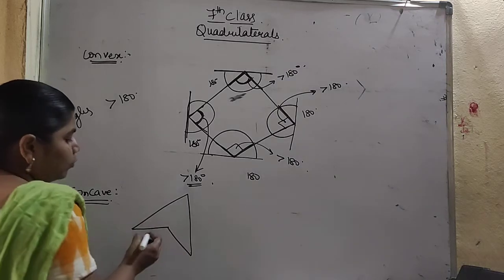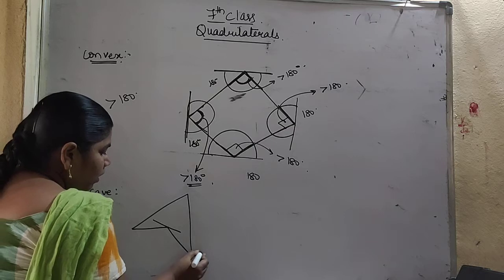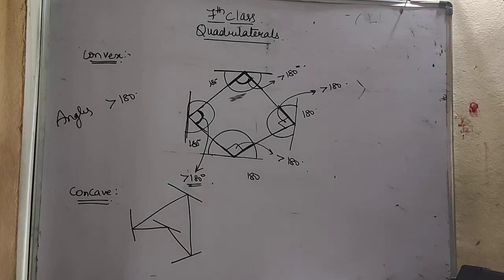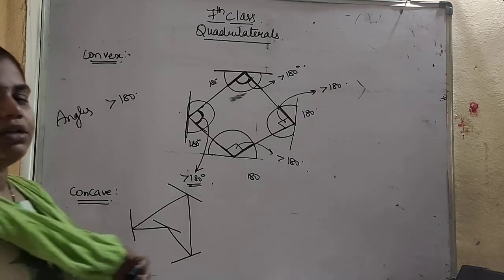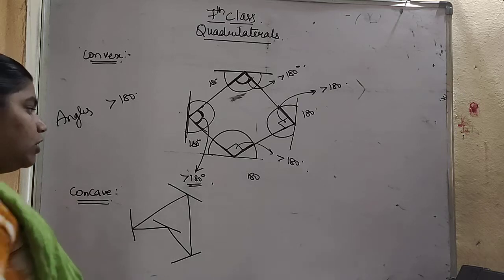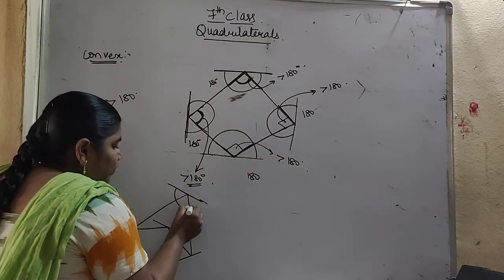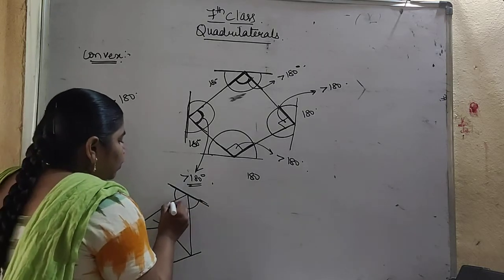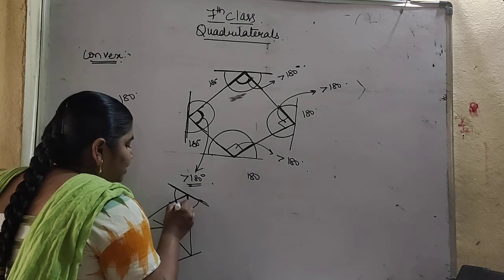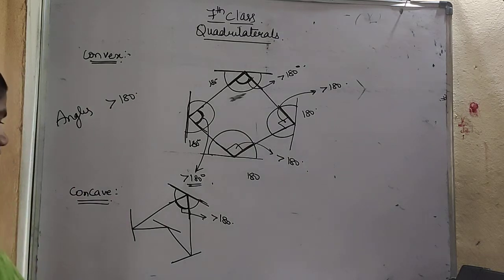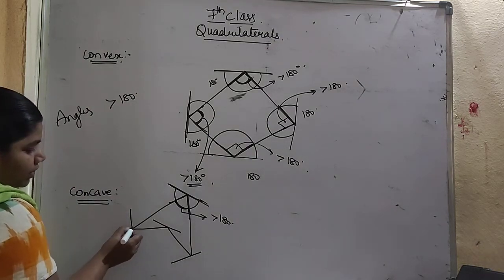So if you see, I am drawing the line here now. One line here, other line here, other line here. So what is concave? Concave is nothing but one angle will be greater than 180. If one angle is greater than 180, we will call it a concave quadrilateral. If you check this, here it is forming 180 degrees. This full line will be equal to 180, but we are using only this part. Only this angle I am using, that means it is less than 180 degrees. Okay, so now I am taking this one. This part I am taking.